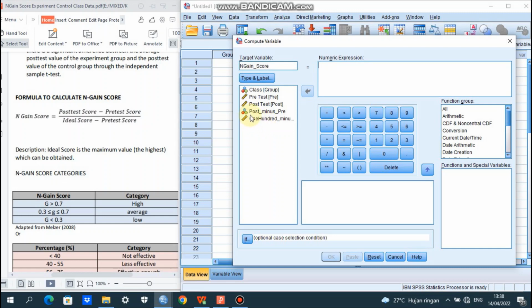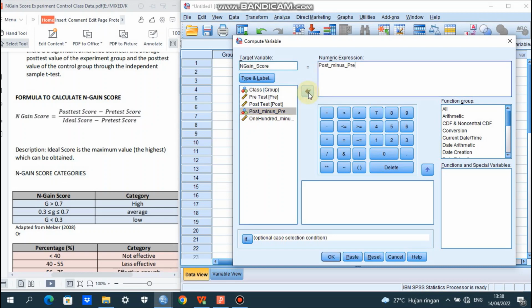So we have post-test score minus pretest, this one, in the type and label dialog box on the left. We send it to numeric expression dialog box on the right.